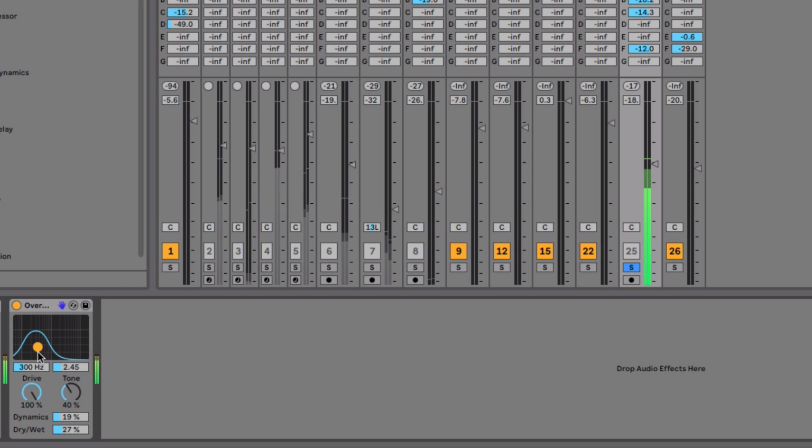I'm standing my ground. So it's just focusing the distortion on the 300 hertz area here. You can open it up so that it distorts a much broader spectrum. I'm standing my ground. And then the dynamics in this Overdrive will act as if it folds any of the transients,